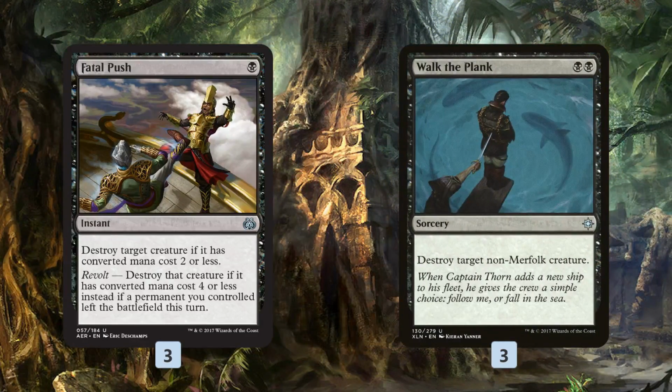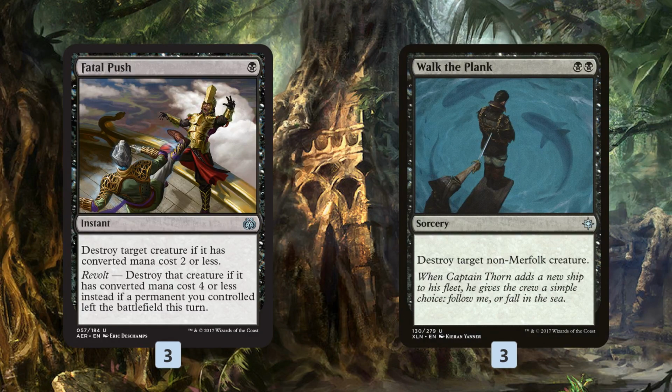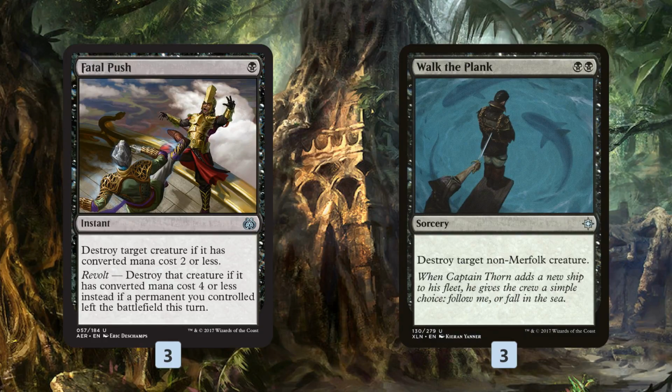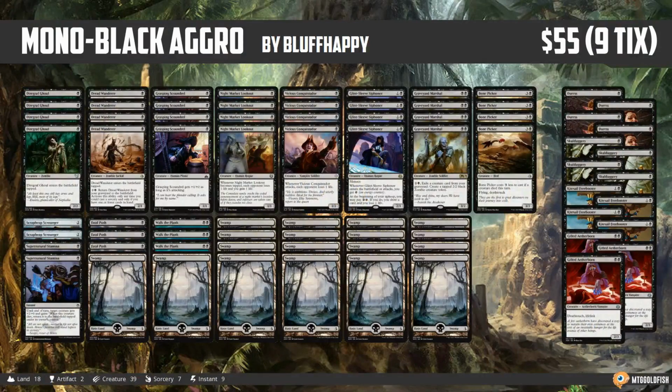And then for removal, we have Fatal Push and Walk the Plank, so just efficient removal, as good as it gets for being cheap. Fatal Push, we don't have too many revolt triggers, but we can like attack and have something die and kill something bigger, but mostly just to get rid of those annoying early game creatures. And then Walk the Plank essentially kills anything. Like Merfolk are kind of a thing, but for the most part, it's just kill any creature for double black mana in the format. And that is mono black aggro for Magic Arena in Standard,